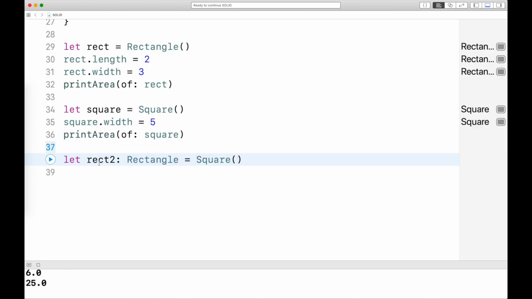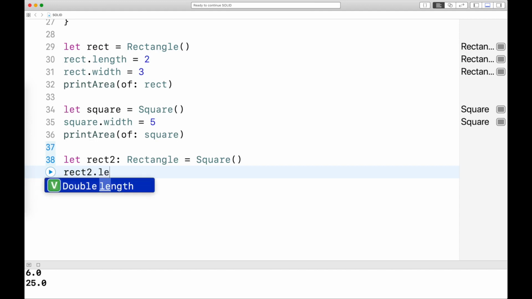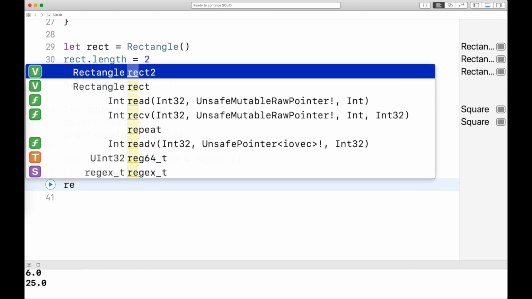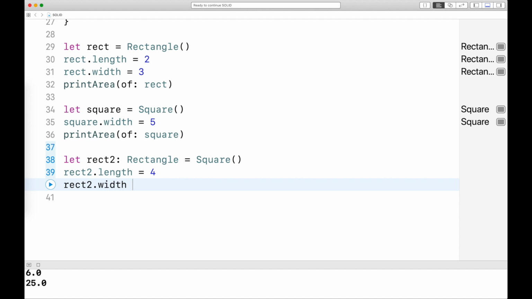That I can do since it's a parent class. Now I say rect2 dot length is equal to 4 and rect2 dot width equal to 5,